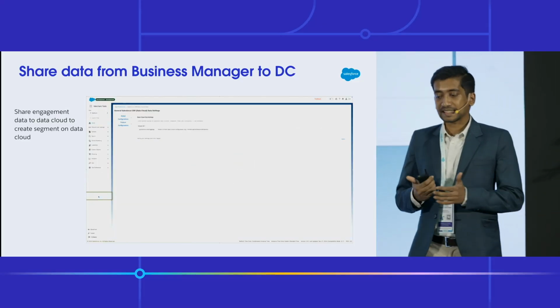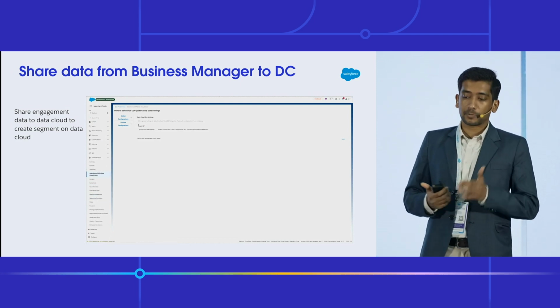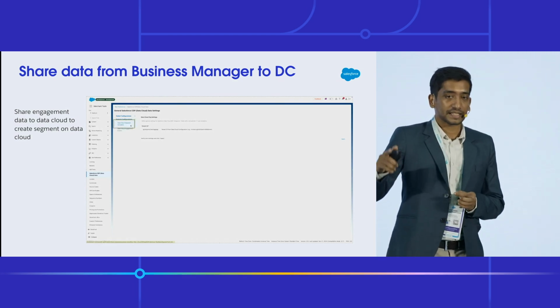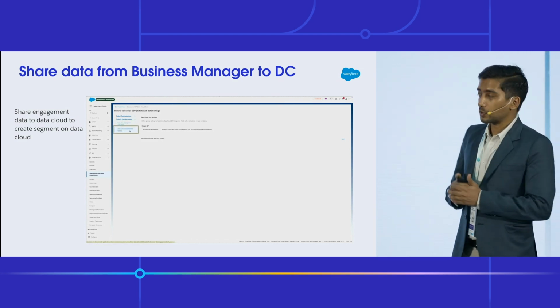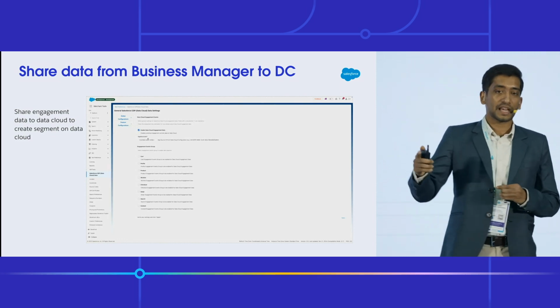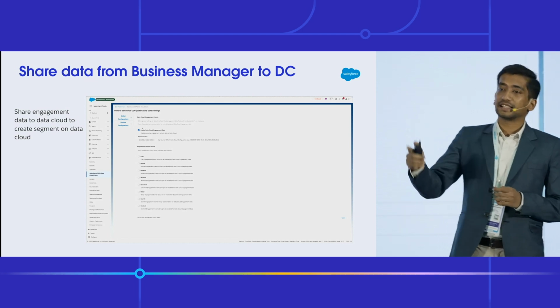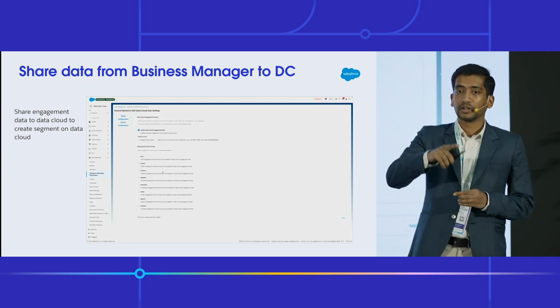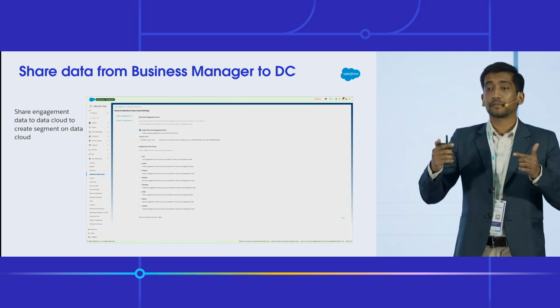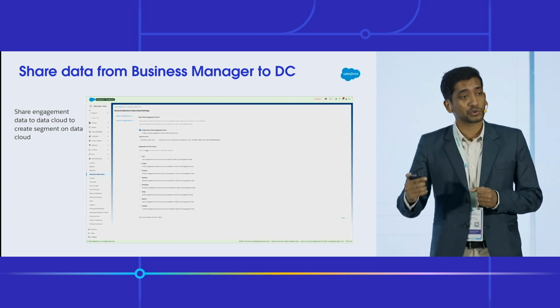So first of all, when you log in to your business manager, you can navigate to site preferences. Within site preferences, you would see a new option coming up, which is dedicated towards Data Cloud. You pass in the tenant ID of the Data Cloud, and along with that, you associate the set of features that you want to share so that that particular set of data is now shared to Data Cloud. And as Amulya had shown earlier, now you can go ahead and create segments based on the data that you choose to share to Data Cloud.